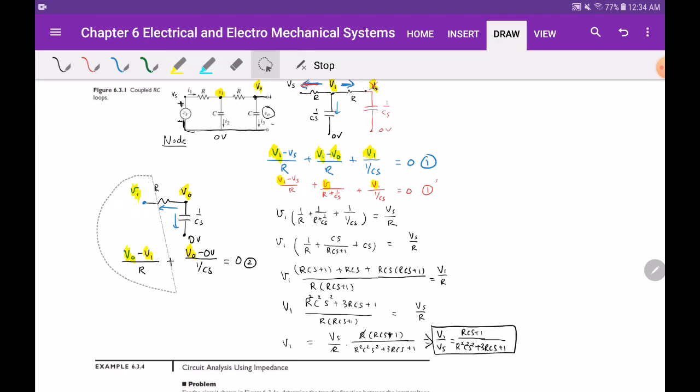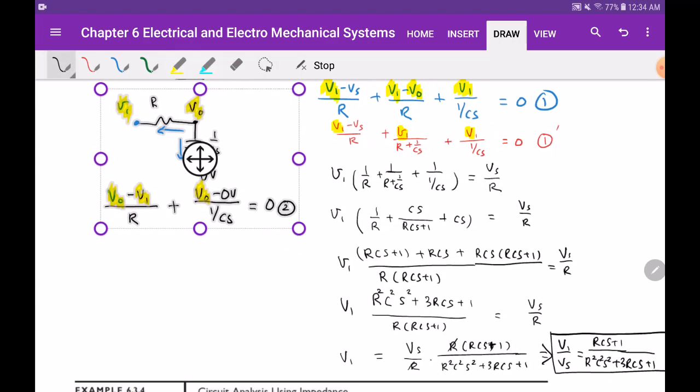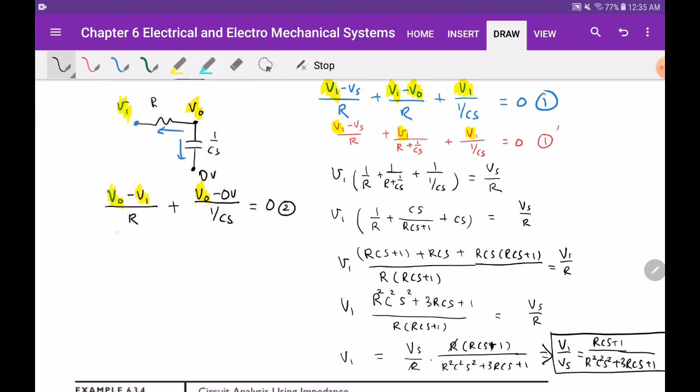Okay, let's look at the second equation, and finally we can find your V out. This is no joke either, because your V out times 1 over R plus CS equals, if we extract this term and this term and move the V1 over, you have V1 divided by R. So you have V out equals